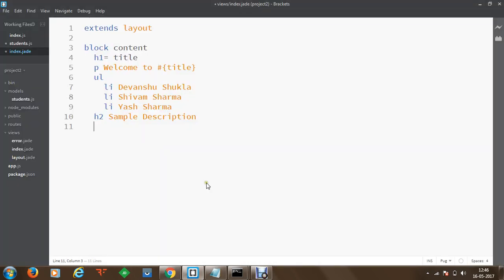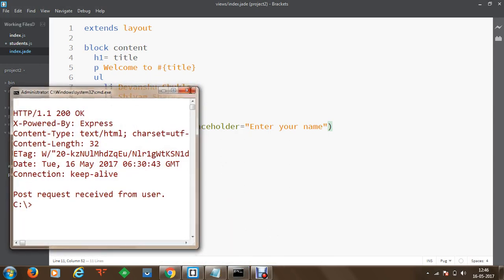So let's define an input tag here. We can specify the type information, and we define that the type of this element will be text. And if we have to specify the placeholder, then the placeholder will be something like, enter your name. So we have got an input element available after our h2 tag. We can save that. Once we are done saving, we can stop our project and start the project again.